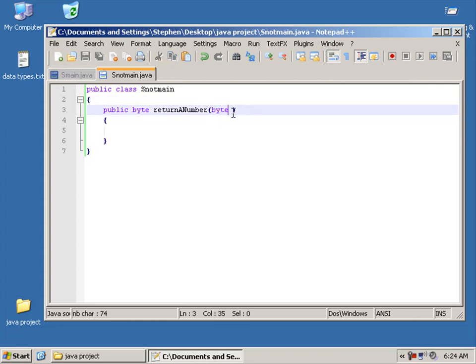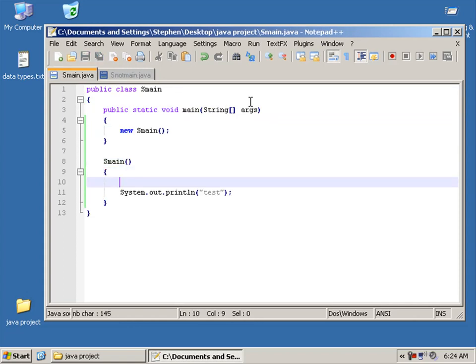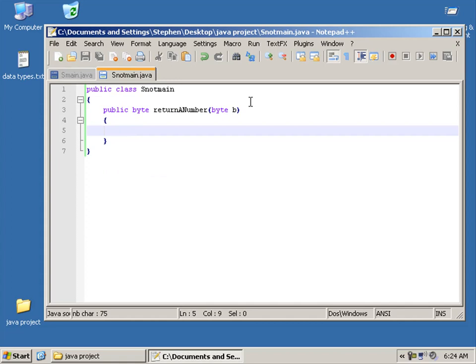And so I can say byte b, and that means when I call this method, sNotMain.returnANumber, you'll get a nice little error on that, but I'll just wait a sec before showing you that,